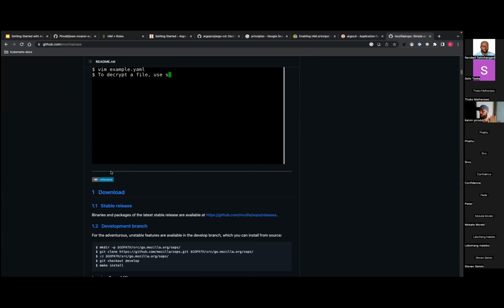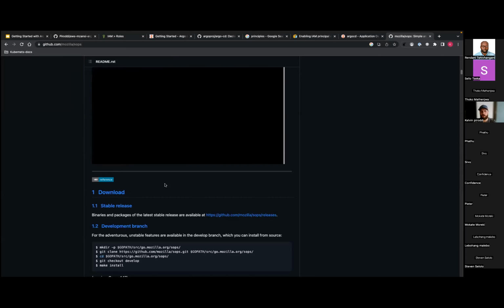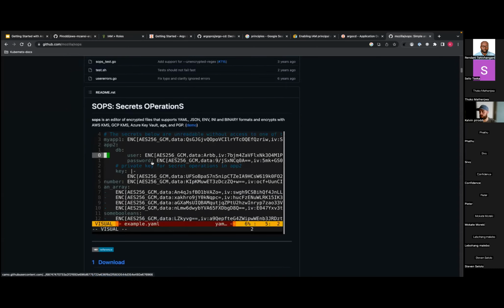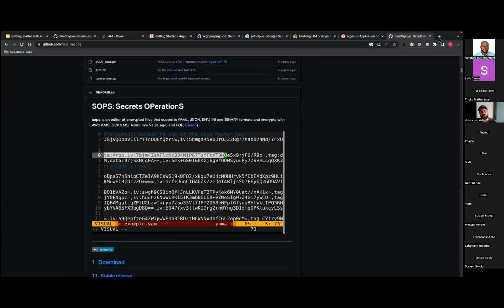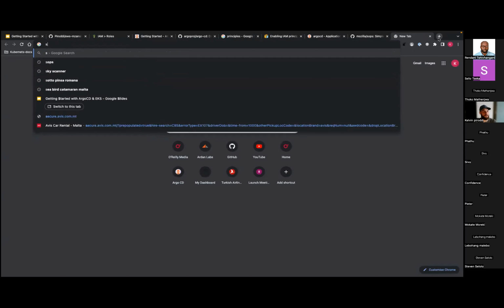So what you see in Git is just an encrypted file that no one can decrypt other than you and ArgoCD. That's one option. The reason I like SOPS is because it allows you to do GitOps with your secrets.